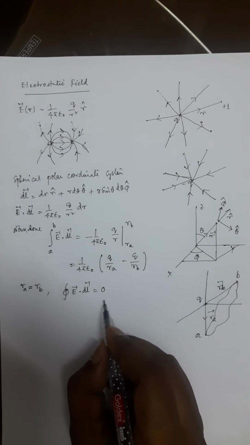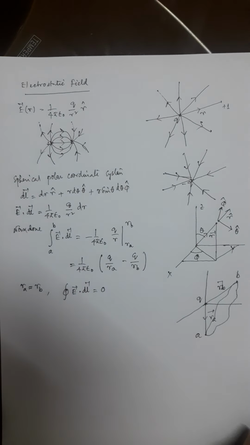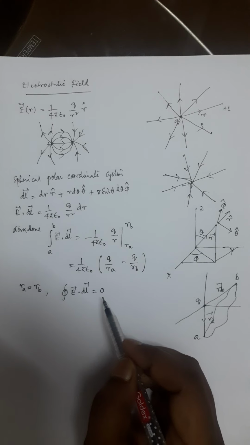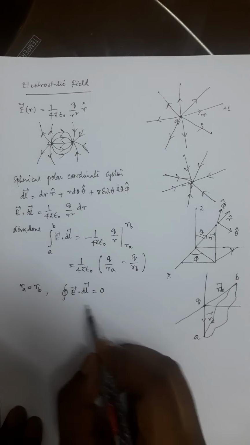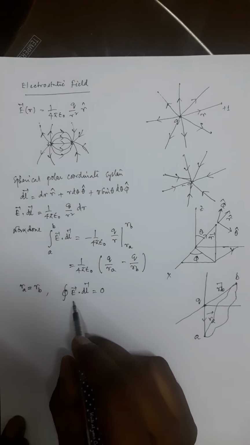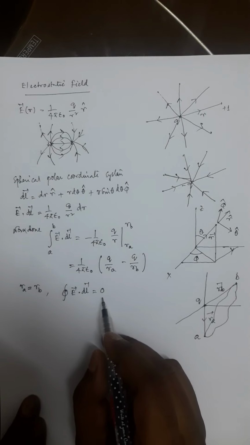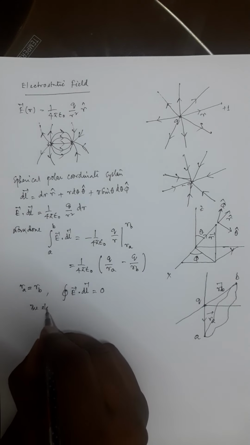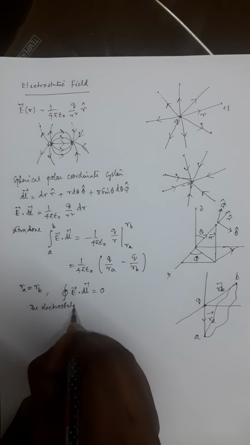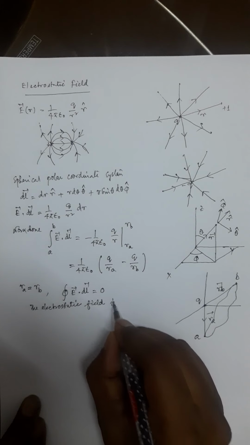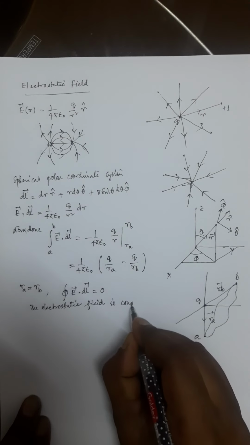As we know, in a conservative force field, the work done does not depend on the path, rather it depends only on the two endpoints if we move from one point to another point. Here also we get the work done in the case of the electrostatic field. For moving a unit positive charge, the work done is 0 in a closed path. So, the electrostatic field is conservative in nature.